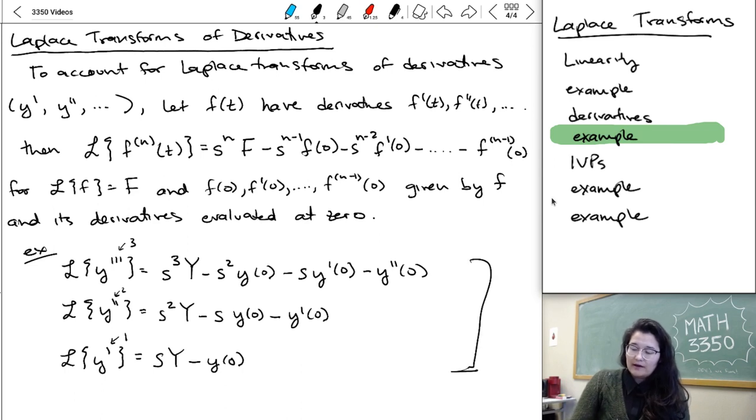Maybe make a symbol in your notes. You're probably going to want to refer back to this. We don't often go higher than third order derivatives, so these are the ones that you're going to need. And I also want to note